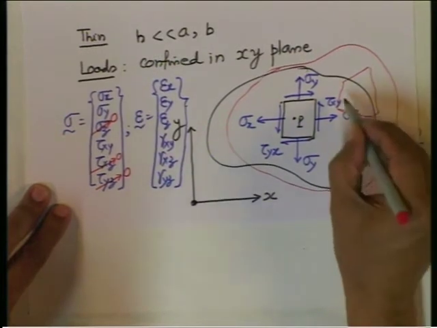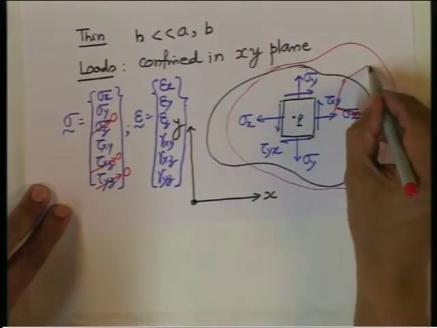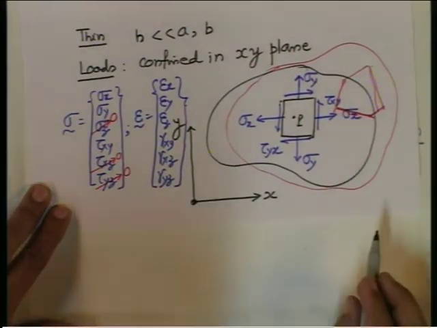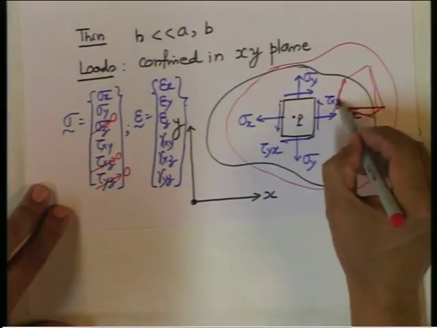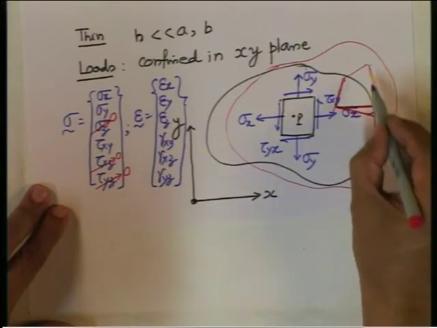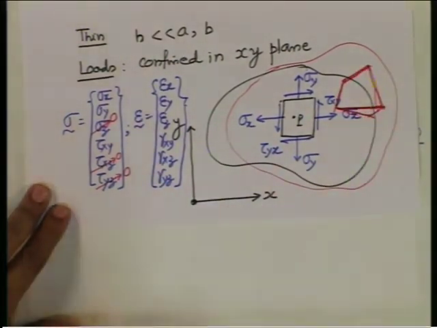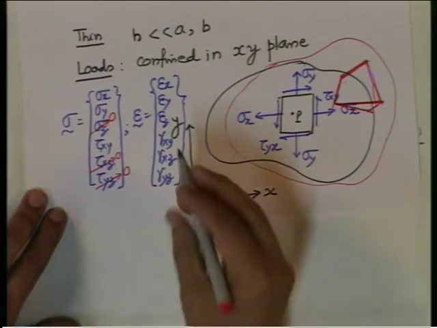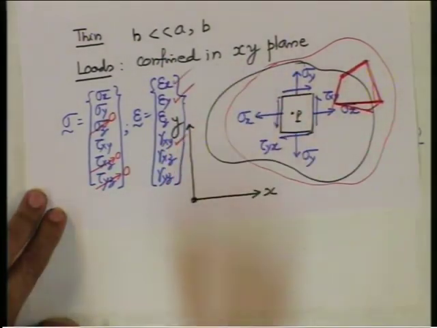Yes, it is possible. This rectangle or square will become something like this. Four sides, I have not made five sides, no, four sides. 1, 2, 3, 4, yes. So, this rectangle will look something like this. Within the plane there is shear angle, the right angle has changed, so gamma xy will be present, epsilon x will be present, epsilon y will be present.